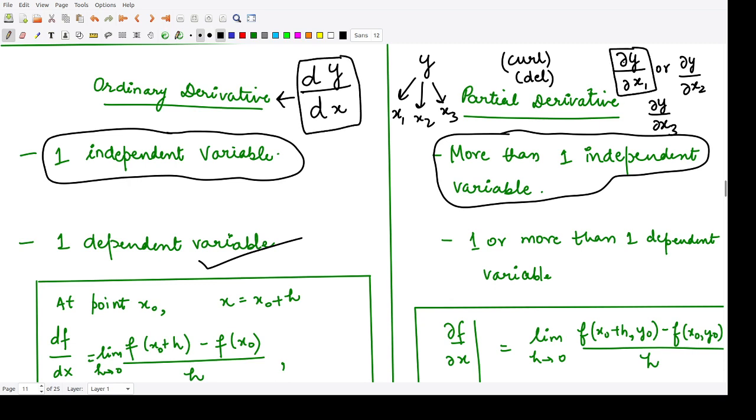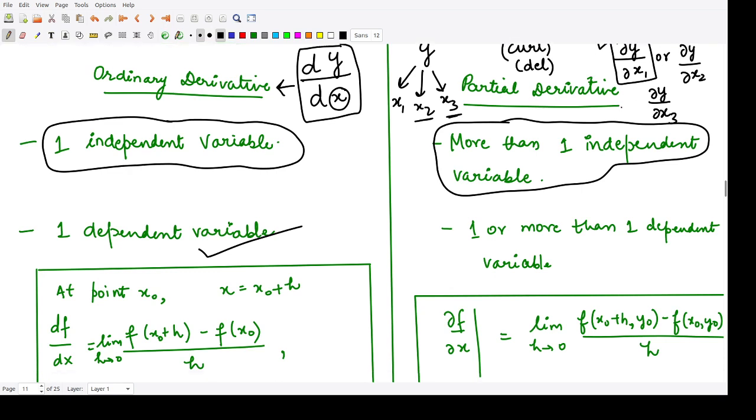So now what is the basic difference between this dy by dx and this del y by del x1? So the difference here is, here you only have one independent variable, here you have, instead of this x1, you have x2 and x3 also as the independent variable. So when you compute the derivative of this quantity, you just keep x2 and x3 as constants. You treat these other variables as constants and you calculate the derivative with respect to that particular variable.